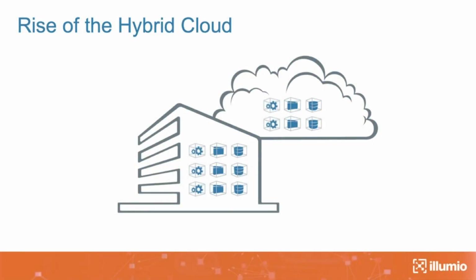The first, as I see it, is the rise of the hybrid cloud. It's no secret enterprises are adopting public cloud in droves, and many of them remain in that hybrid status where they still have many of the things they have in their on-prem environment, but also want to take advantage of the public cloud and everything that it offers. By doing that, you are increasing your attack surface. Basically, you had a footprint that was relegated only to your on-prem data center, but now you have a footprint in other places as well.